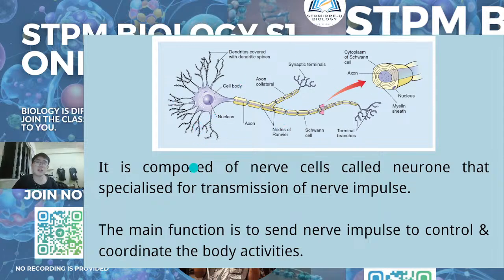So, what is nervous tissue? Normally nervous tissue is made up of cells called neurons. Neuron is the basic unit, the nerve cell, that is specialized for transmission of nerve impulses. So it is very important in our nerve impulses. Whatever you